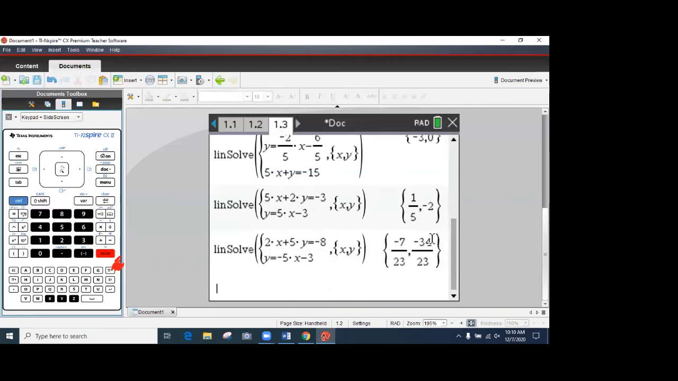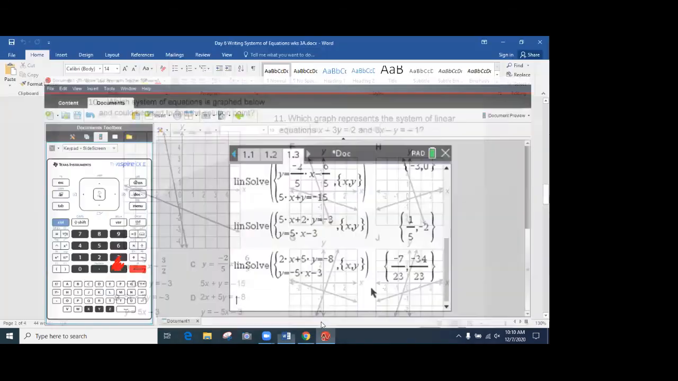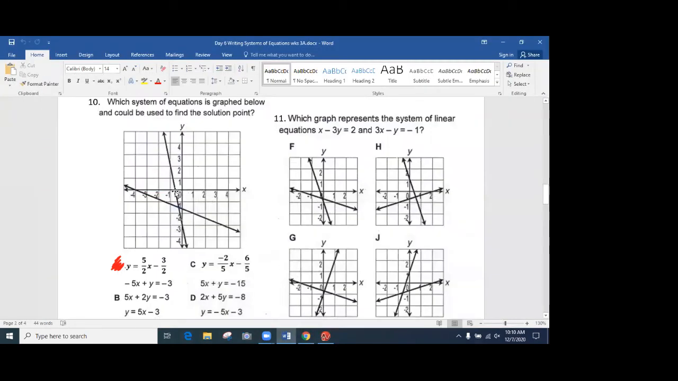Hit enter. All right, I get a very nasty number, but notice this is negative and this is negative. So when I look at this, I know it goes somewhere to the negative and somewhere to the negative. And this is the only one that went somewhere to the negative, somewhere to the negative. I do not think it would be that tough on the STAR test. I think it would probably cross at prettier points, but